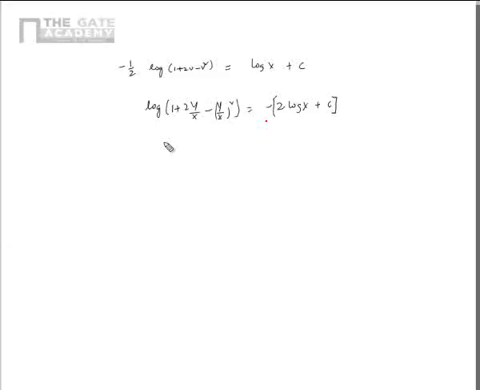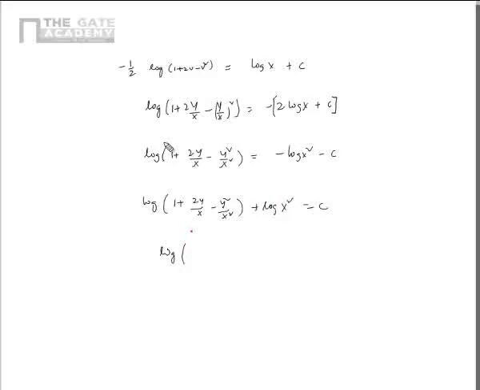okay, so log of 1 plus 2y by x minus y square by x square is equal to, I can write log x square minus and minus c. Log minus, it will become here plus, so log of 1 plus 2y by x minus y square by x square plus log x square is equal to c, and this I can write, log a plus log b is log ab. So 1 plus 2y by x minus y square by x square into x square